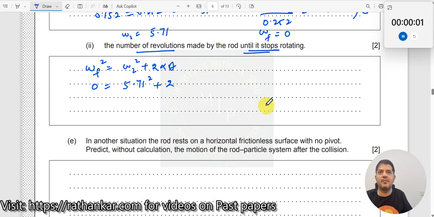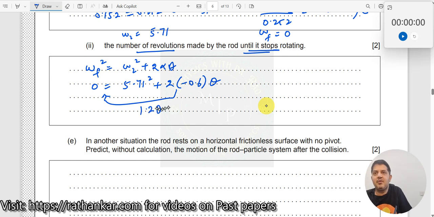Alpha is minus 0.6, multiplied by theta. So I can push this to the other side so that this becomes positive. So you get 1.2 times theta is equal to 5.71 square, which implies theta is equal to 5.71 square divided